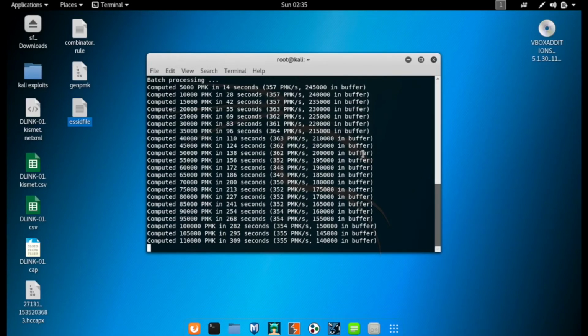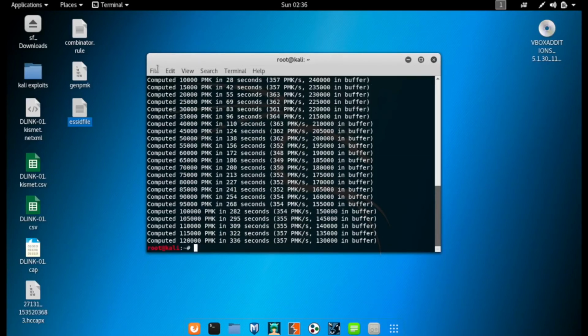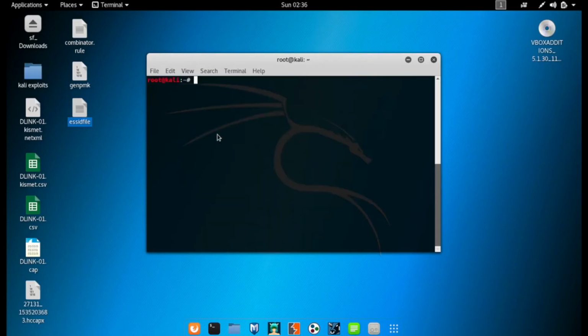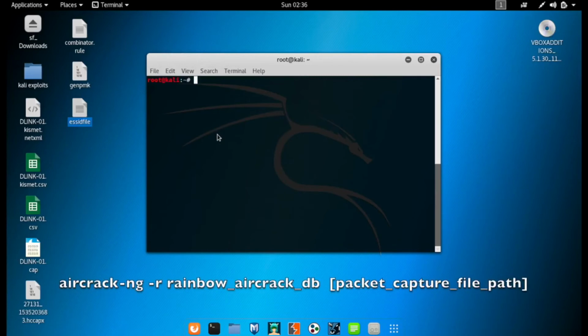So I will stop it since we have reached around 100,000 PMKs. So you can see it has created it. Now we'll clear it and we'll type aircrack-ng and then -r to specify the database name. So in my case it is Rainbow Aircrack DB, and then